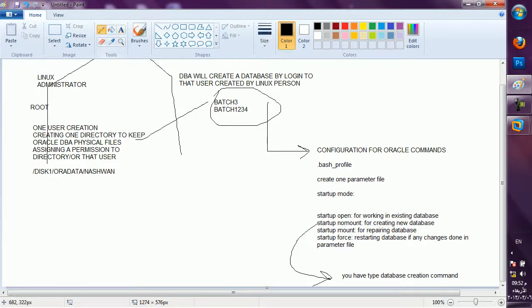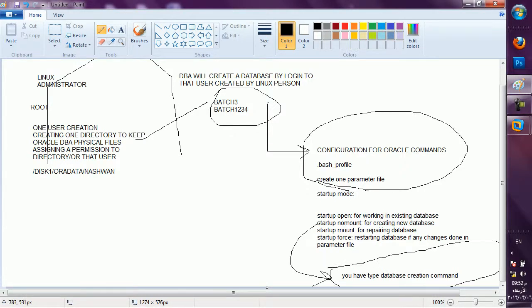The bash profile setting I am using is nothing but setting my instance. I am specifying my instance name, because two parts are there in the server. First you have to prepare your memory, then you have to prepare your database. So first I am preparing my memory structure, then I am going for my database. Unless I get a memory structure, I can't create a database. And to start this database, it is a must that the instance should be there.